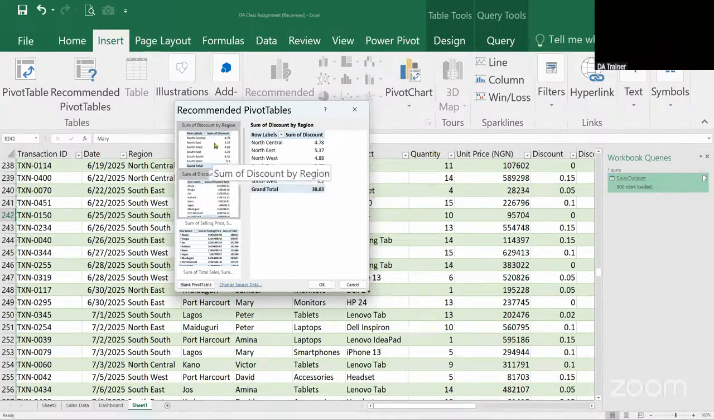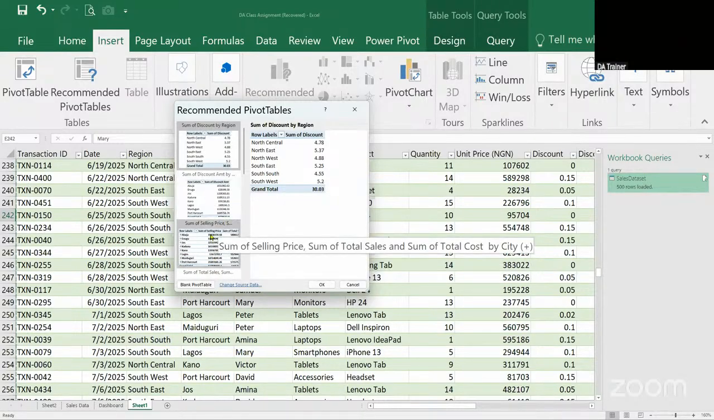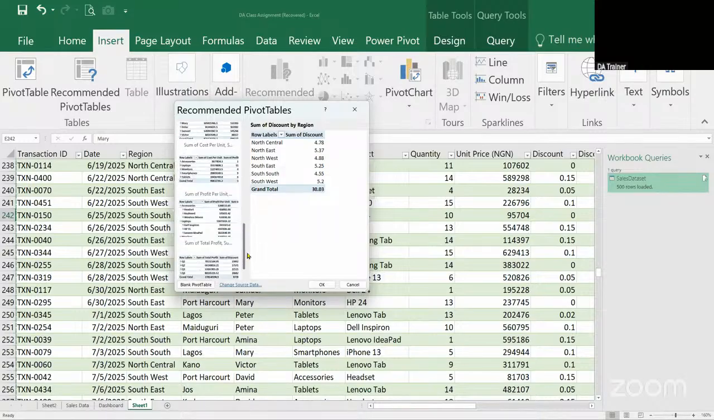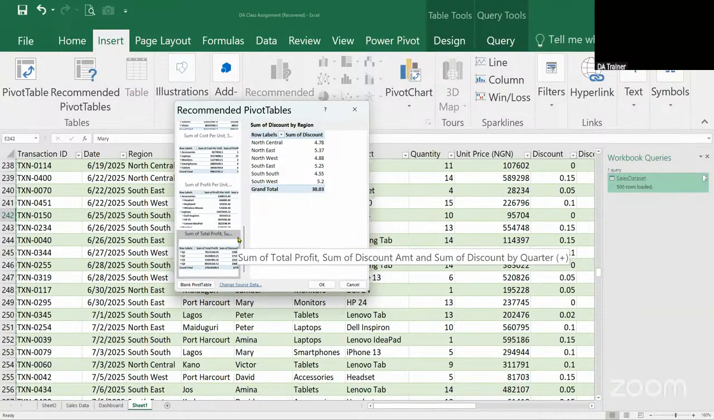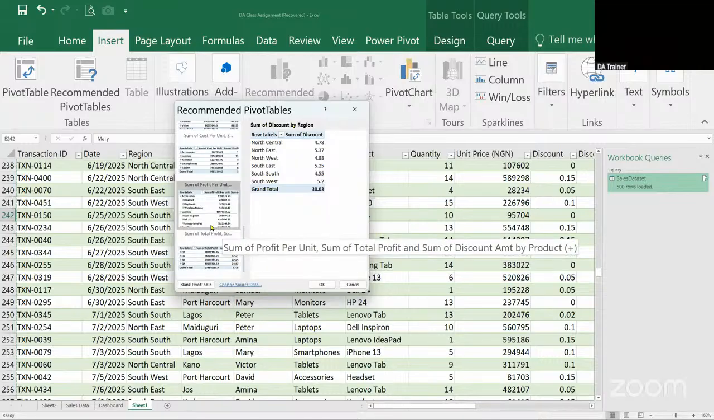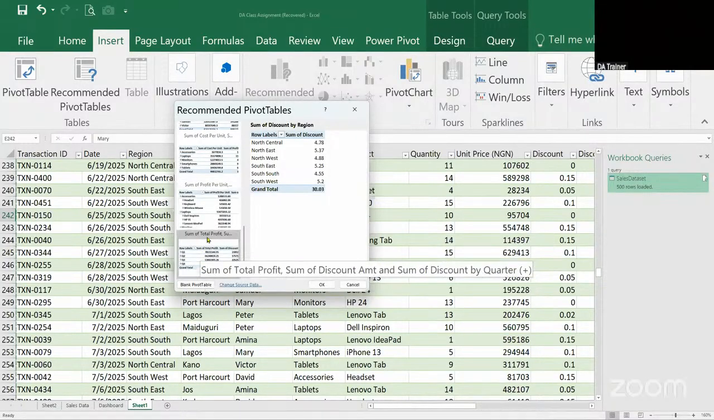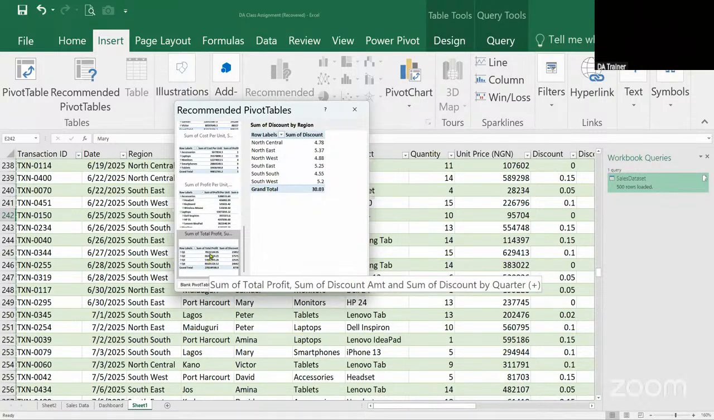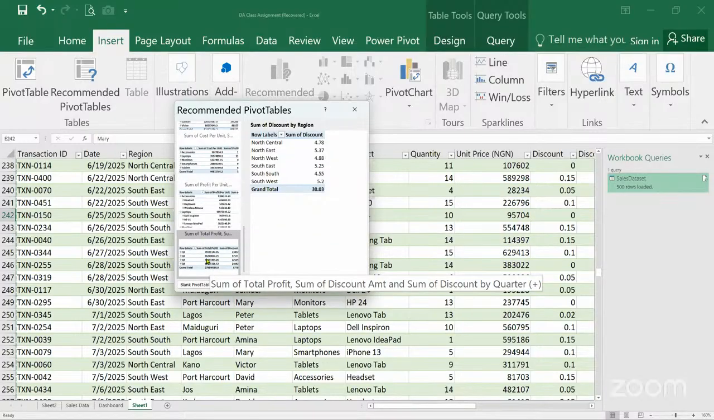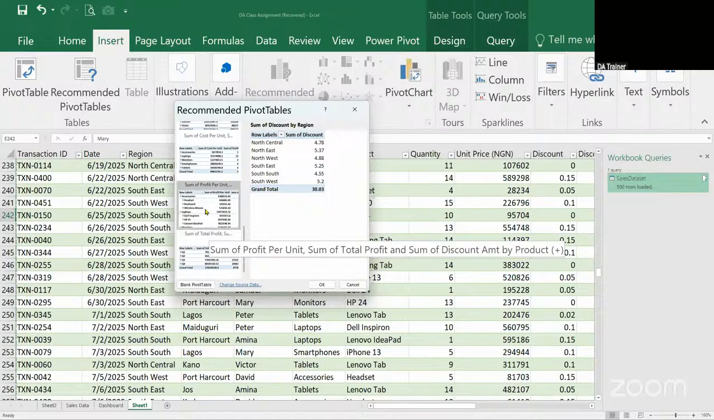pivot tables. They have given us some recommended pivot tables that you can make use of. You don't need to really stress yourself. You can even go with all these recommended ones if you wish. As you can see, there is sum of profits per quarter. Are you with me? Yes, I'm following you. Okay, so there are sum of profits per unit,